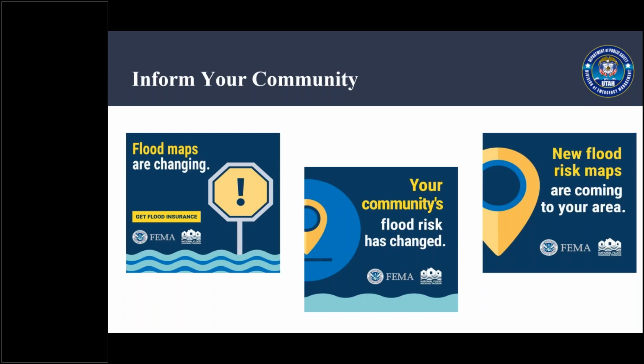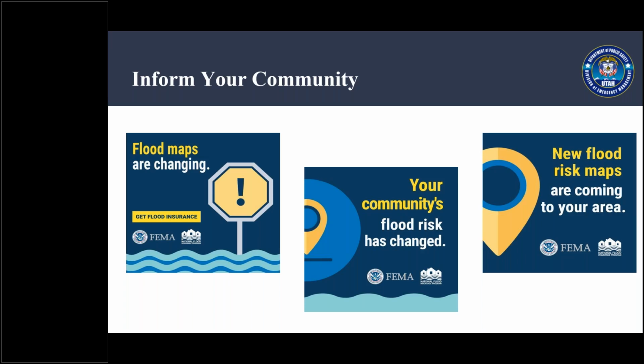Now, we've talked a lot about what these changes are going to be happening in the community. And as Jamie Huff has been going through the risk map process, there have been lots of community meetings. They showed preliminary maps. They have gone through a number of steps, appeals, timeframes, and some of the community might be aware of it. Some of the community might not. So these are some social media graphics that we can share with you that you can look at, maybe doing some outreach with your community,